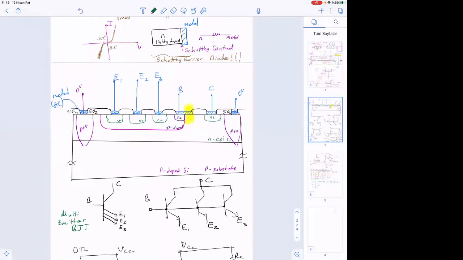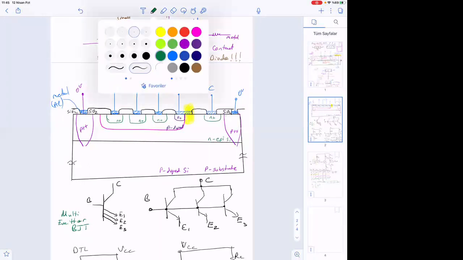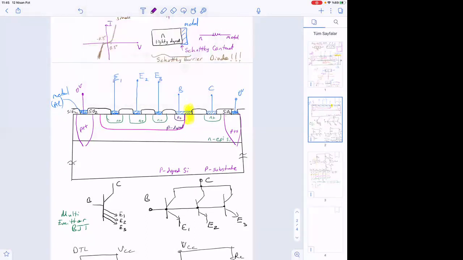There was between base and collector. In fact, this creates a Schottky barrier diode. So that means between base and collector,